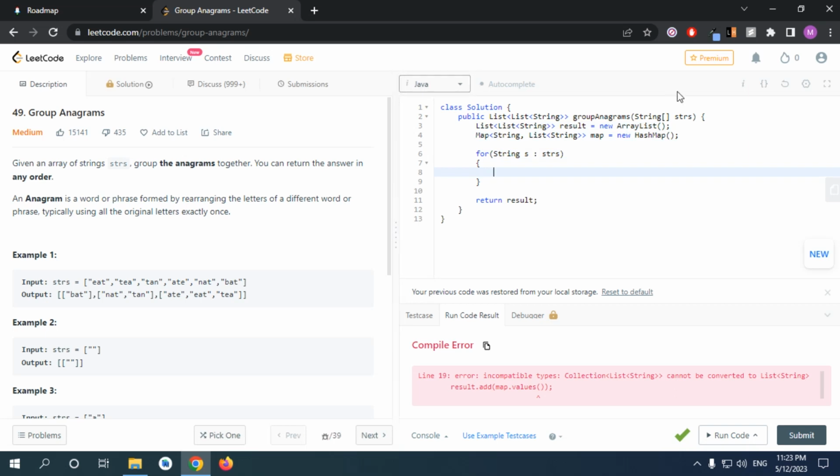Not array list, array of strings. So now we have our string here. What should we do here? So we need to have the anagram signature for this one. So we're gonna make a short array, and we need to